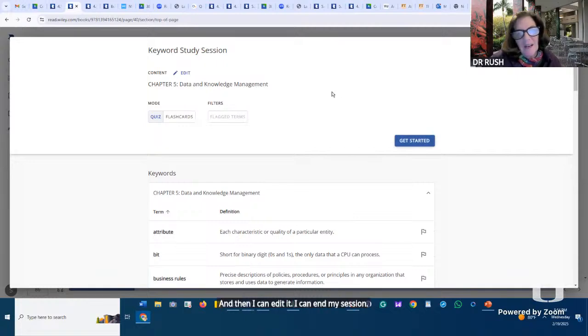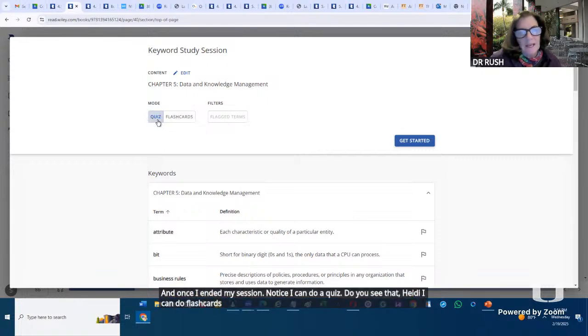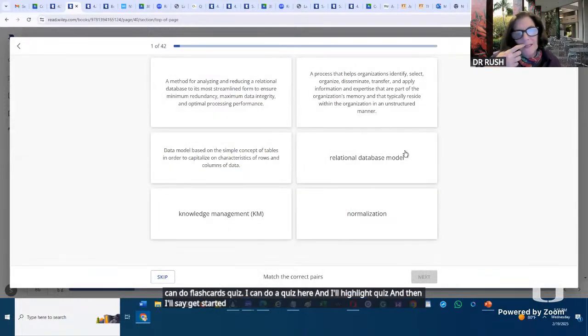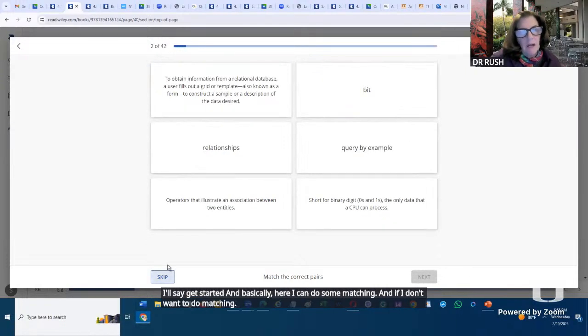And once I ended my session, notice I can do a quiz. Do you see that, Heidi? I can do a flashcards quiz. I'll highlight quiz and then say get started. Basically here I can do some matching, and if I don't want to do matching, I can skip some of these.